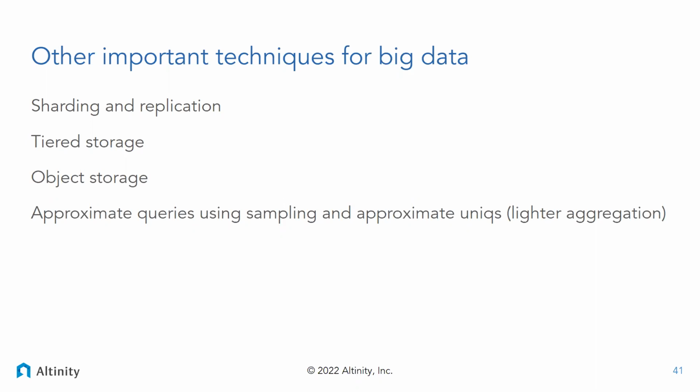We didn't touch on that because it's a deep topic and very use case specific, but one of the common things that we look at is that as we're building these large queries, since they're holding results in memory, we will often use approximation techniques, including sampling, as well as what are called approximate uniques. So uniques are when you're doing things like counting the number of unique visitors to a website over a period of time, or the number of unique trades or unique GitHub contributors, something like that. Those aggregates can be very expensive, both in terms of processing time and memory. ClickHouse has lower cost versions of them, and we constantly use them to make things run faster.